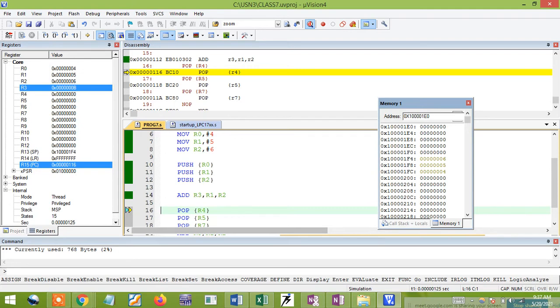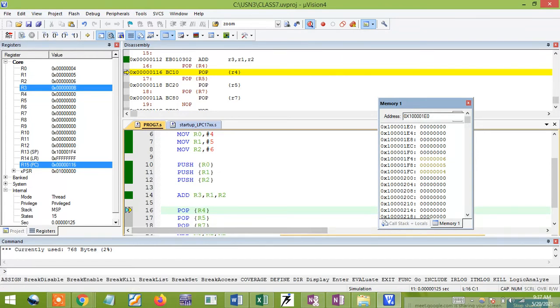Now, again, I'm looking for the pop instruction. If I go for a pop instruction, the stack pointer content will first be copied to the register, wherever the stack pointer is. That content will be copied to my register. Later my stack pointer is incremented. Just check it out. I'll go for R4.